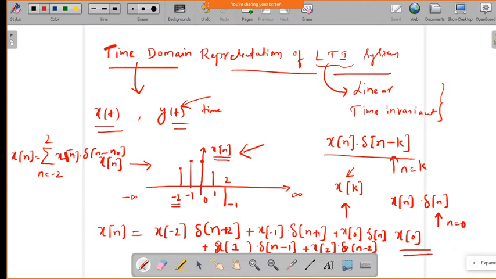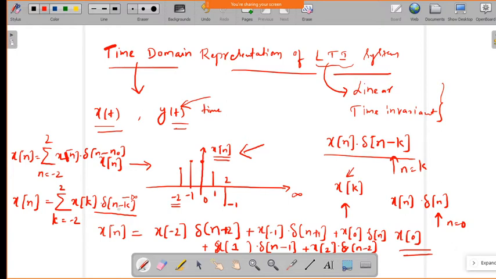That is a shifted value of the impulse, is it not? So if I substitute n, a corresponding value will come. Generally, if I take a different index value, since n and n naught will be different, I'll take it in terms of k. So that is equal to the sum from k equal to minus 2 to plus 2 of x of k, because at a particular value of k the input signal will be there, into the shifted version of the impulse.